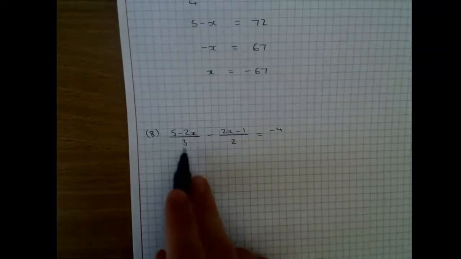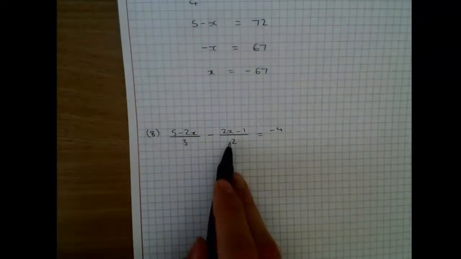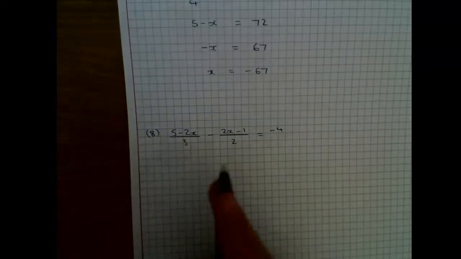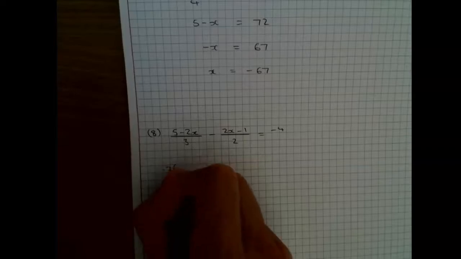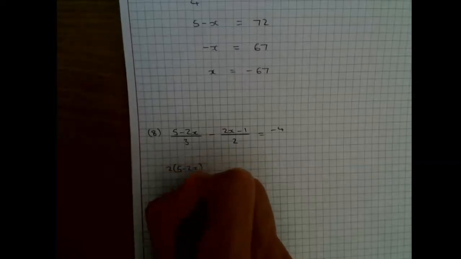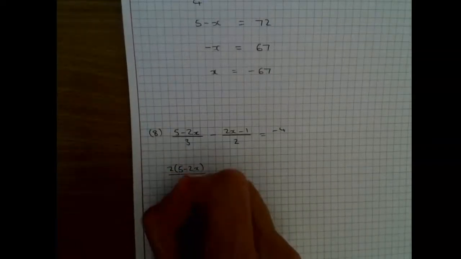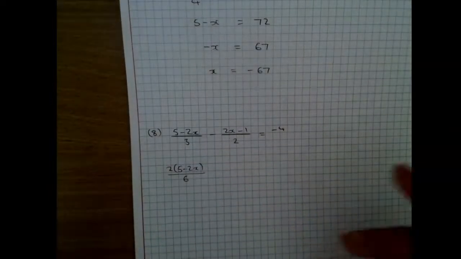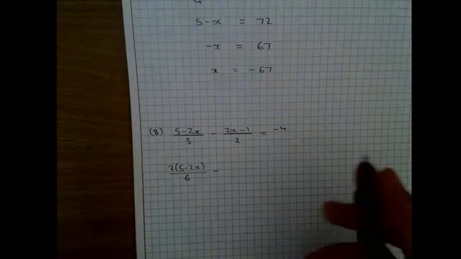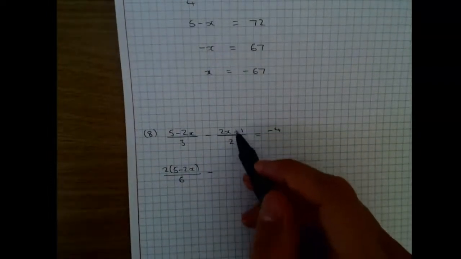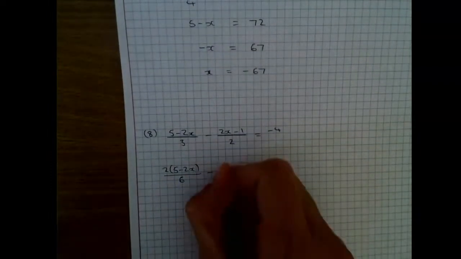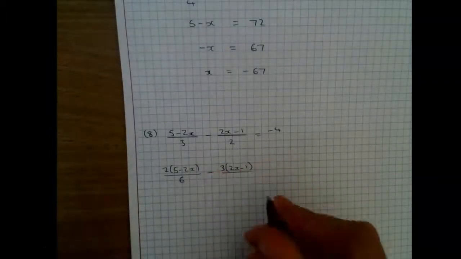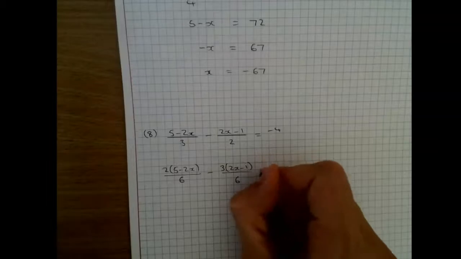So I can see that the lowest common denominator is going to be 6. So if I multiply top and bottom of this fraction by 2, I'd have 2 by 5 minus 2x over 6. So all I've done is multiply the top of the fraction by 2 and the bottom of the fraction by 2, minus. Then if I multiply top and bottom of this fraction by 3, so 3 by 2x minus 1 over, and then 2 times 3 is 6, is equal to,